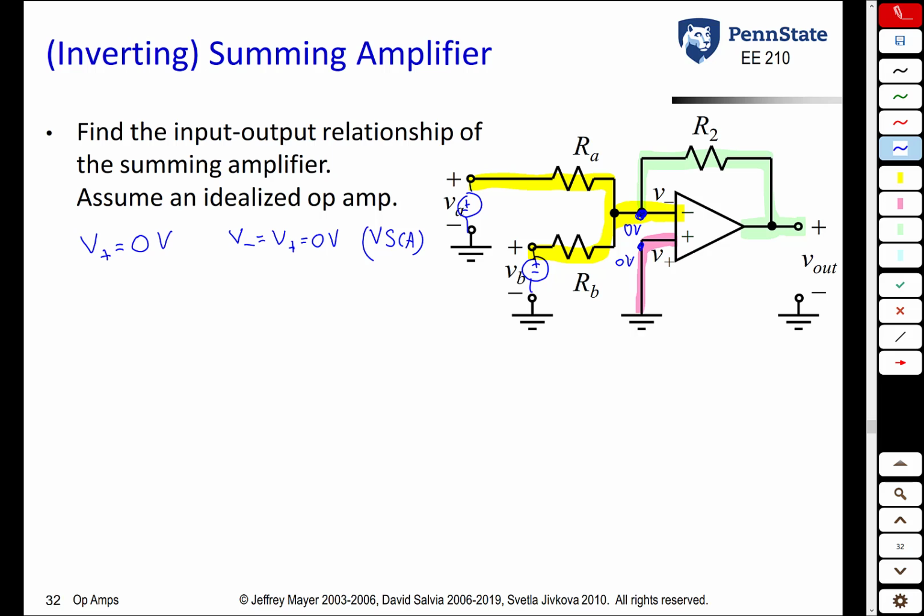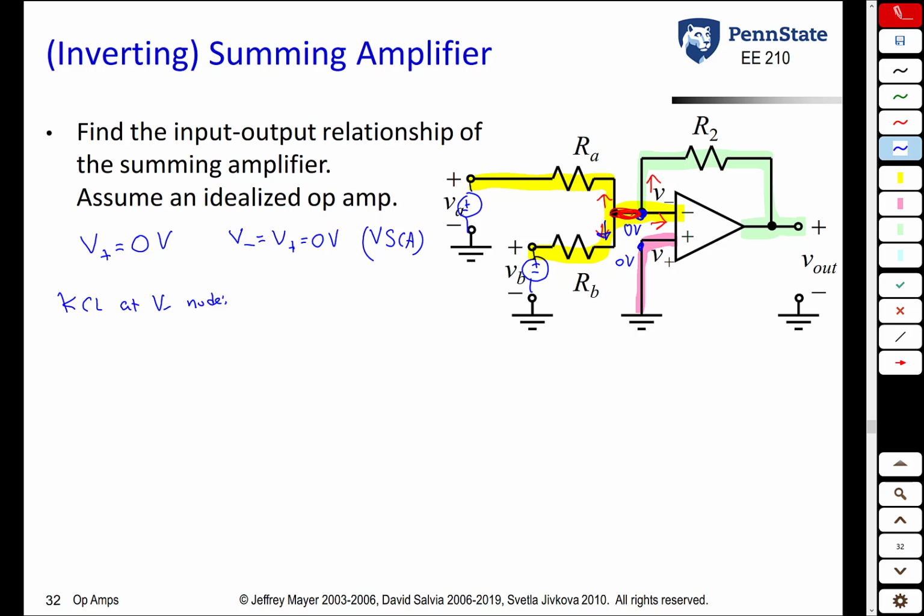Now what we do, the second step in the algorithm, is we always apply KCL at the inverting terminal. So inverting terminal is right here. We're going to sum up that current plus that current plus that current plus that current. Basically, we have this node here, and we're going to sum the currents leaving that node, set it equal to 0. So KCL at the V- node,